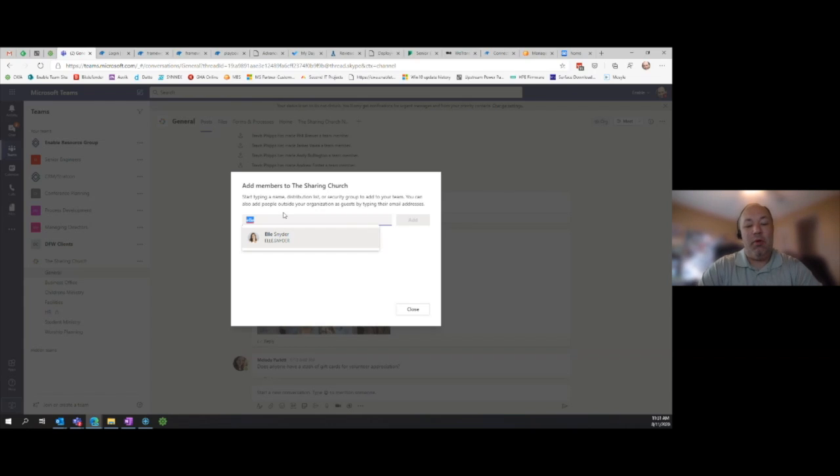But if instead I wanted to invite a volunteer or a guest, they're not going to auto-populate in my list because they're not a part of the organization. We don't have that shared address book. But what I can do is start typing an email address. If you are a Gmail user, you might realize what I did here with this little plus symbol to create a unique email address. I can say, I want to add this person as a guest. So if I do that and say, let's add them, it says that there's a guest, and